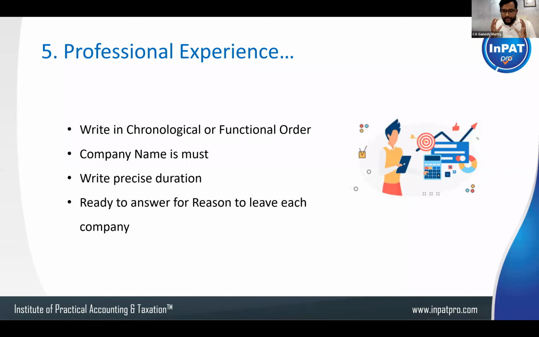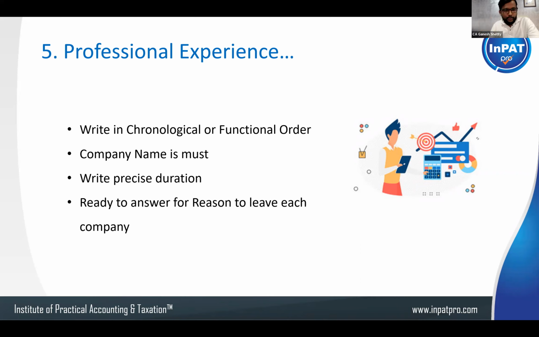So please make your decision very, very carefully when you're leaving the organization. This is going to count. And changing the job every 2 months, 3 months, is not suggested. Please select your job very, very carefully. And once you join, you should be working more than 1 year or 2 years in a particular organization. Okay. So you should take a good amount of time for selecting the job.